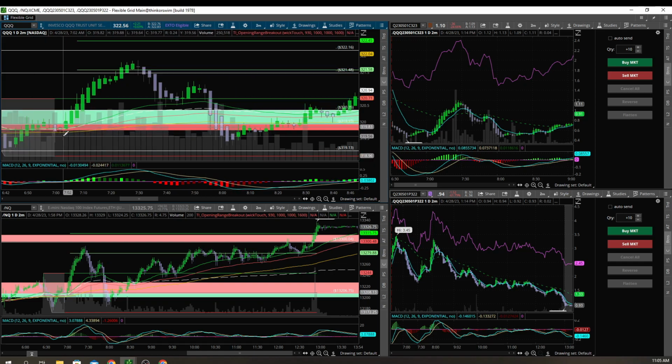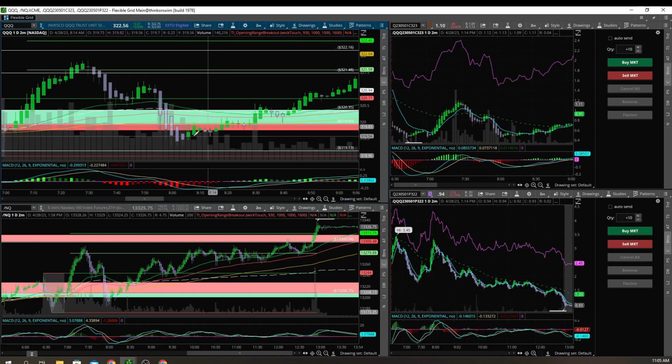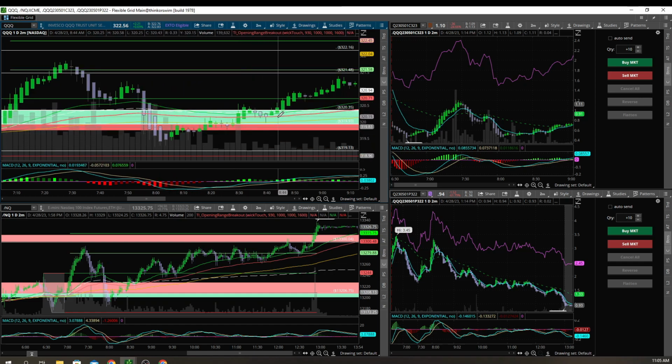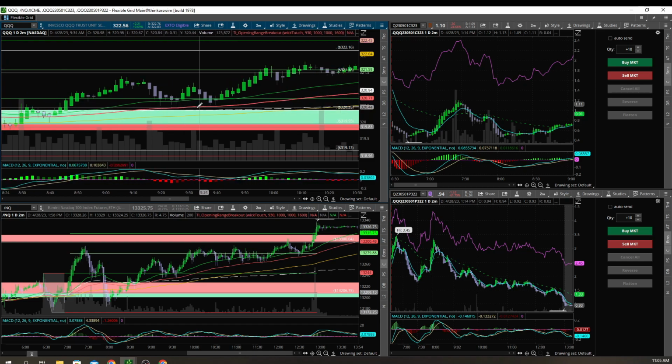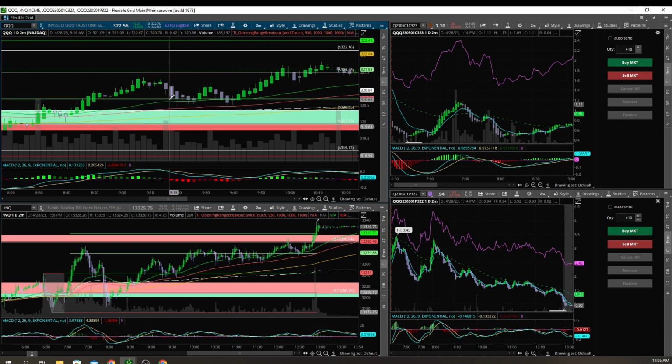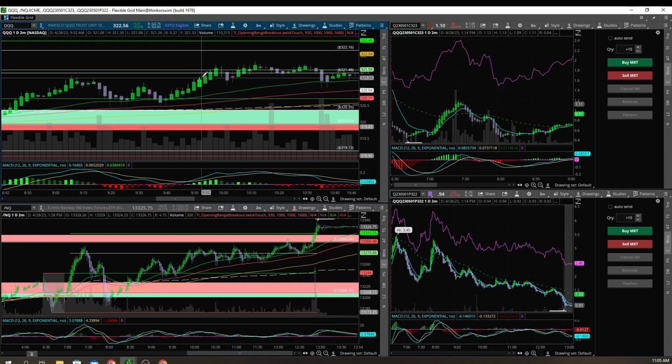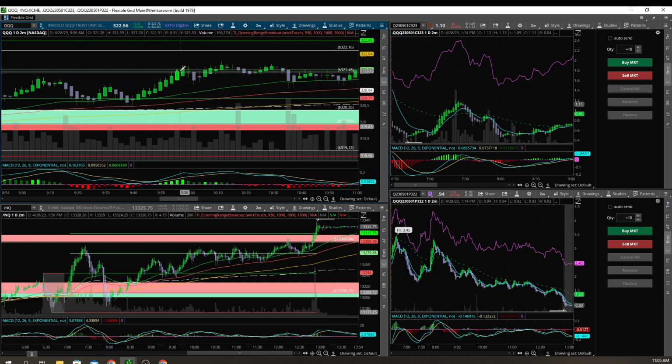Again, if we keep moving throughout the day, you can see it hits the support zone again. Could have taken another position off of that, rode it right back up. You could have held it if you wanted to. Again, it establishes a new position right on the 50. Broke the 50, hit the 100, doesn't ever break the 100. Could have taken a position there, rode it back up to our resistance area.